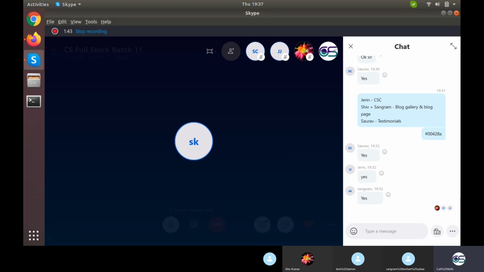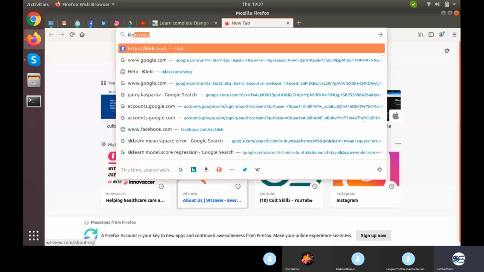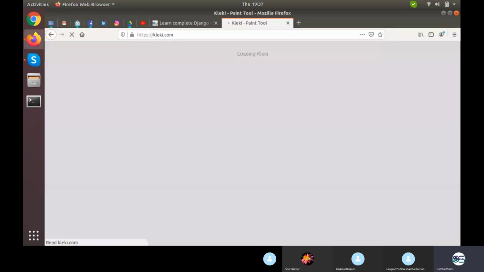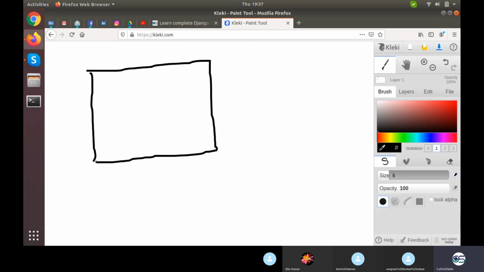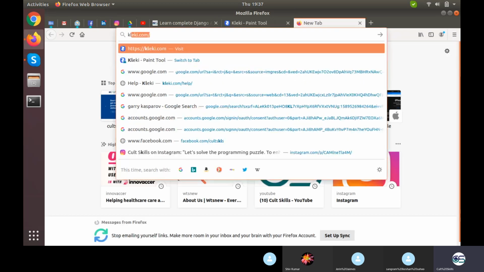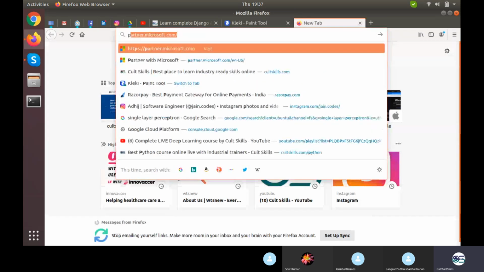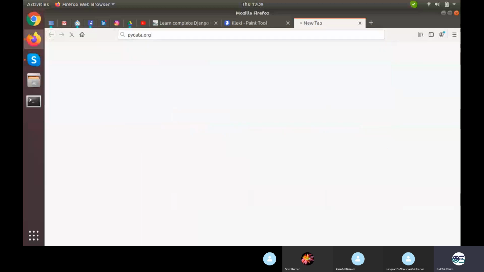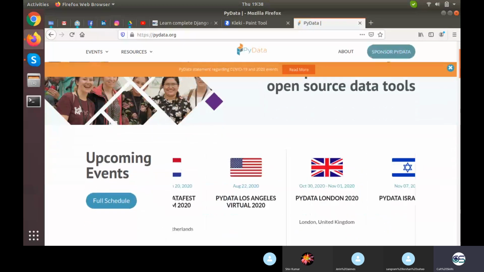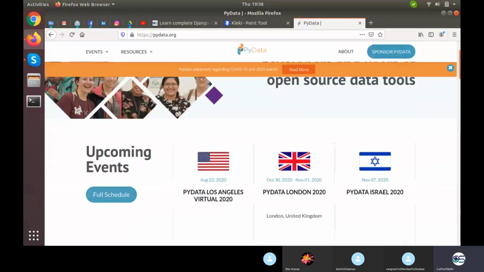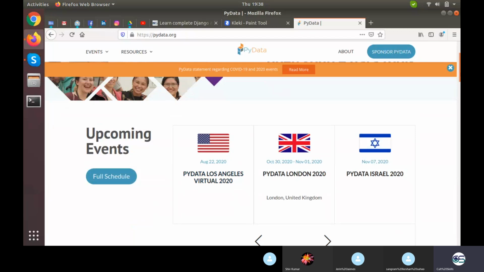So backend means, I just want to draw something on the tool. Suppose you are looking at a website. Let's suppose I'll take the example of pyrita.org, which we just have visited. Now, you are looking at this particular website. On this website, there is something like a full schedule and the other events going on.